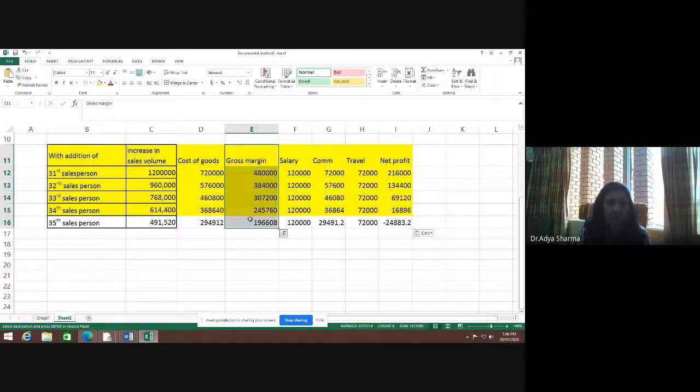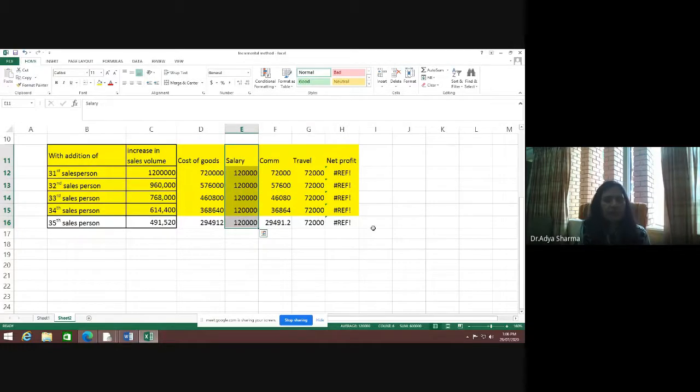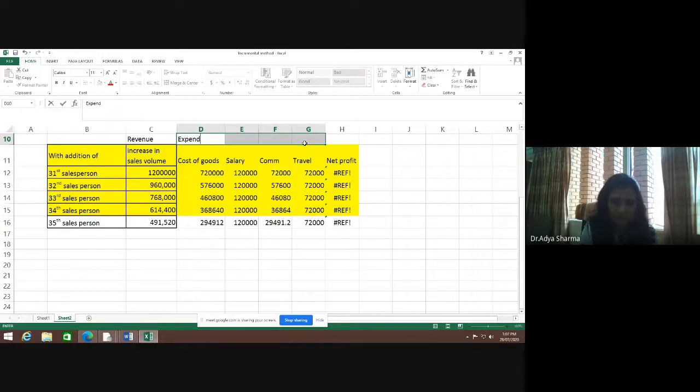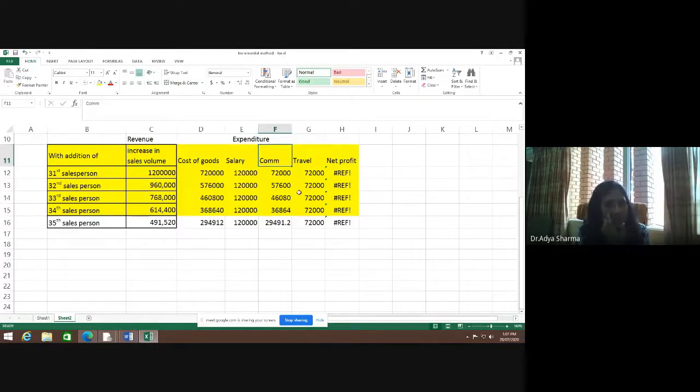Let me just remove this column. I don't want this column. Now, this is the total expenditure. So this is what the company is earning, so this is my revenue. And all this is my expenditure. You may not have the column of gross margin at all. Now let me see the net profit. The moment I look at the net profit, all I have to do is take this minus